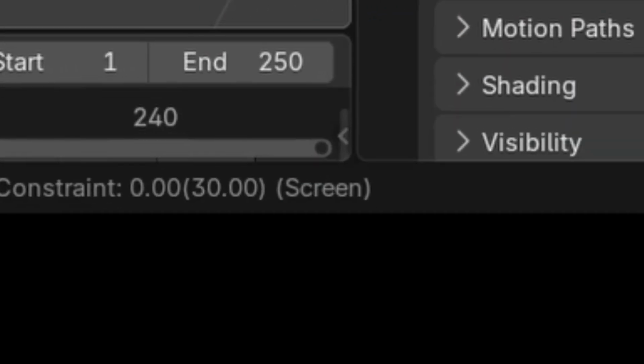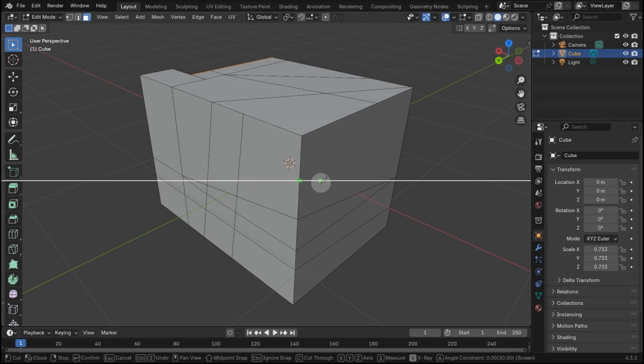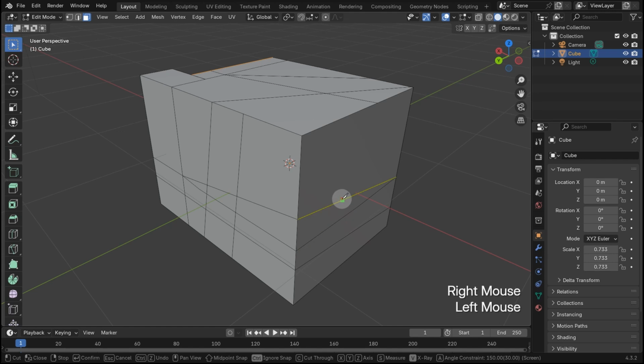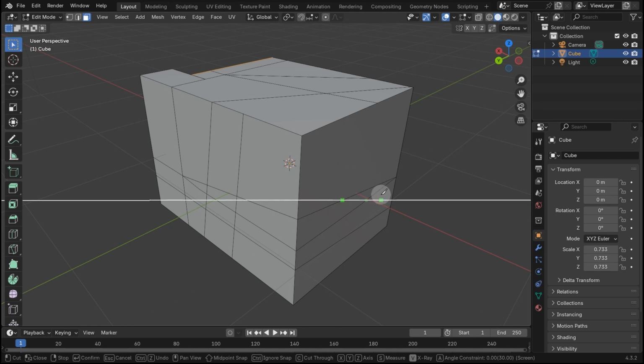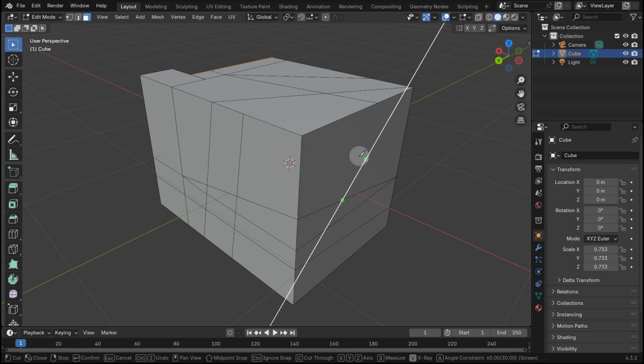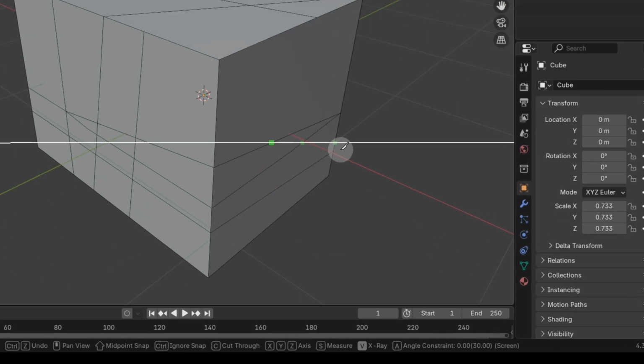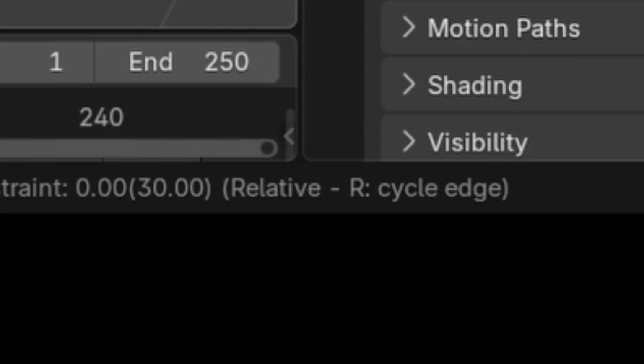Now there is this bracket called screen. What this indicates is, do you want the angle constraint? Let me get the cut over here. So Blender is asking you, do you want to constrain the angles according to the screen space? It means it's actually tied to our screen and it's rotating on the screen. And if you hit A once more, it's going to get relative. So what it actually means is,